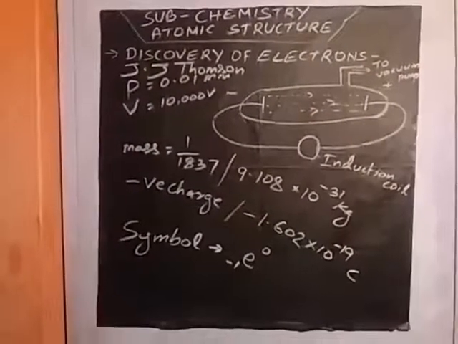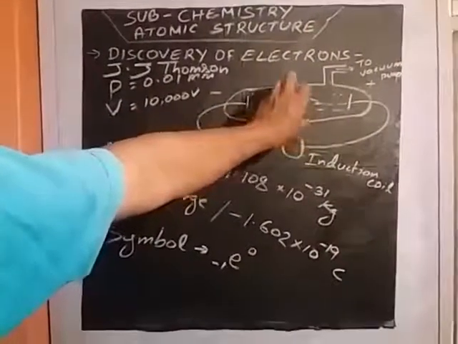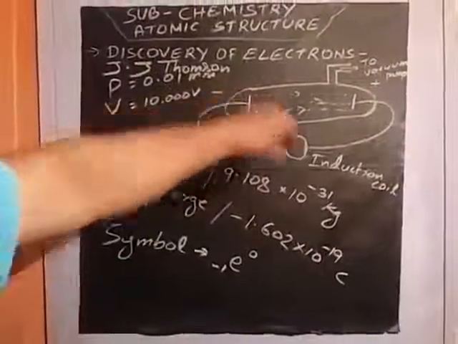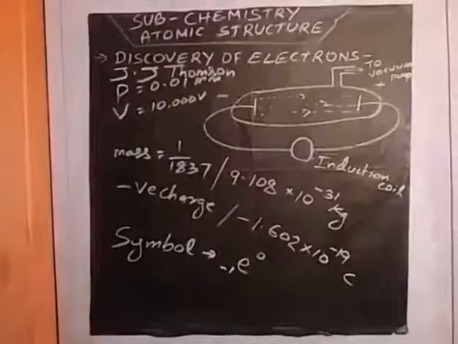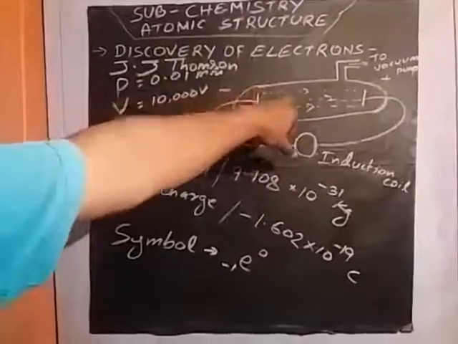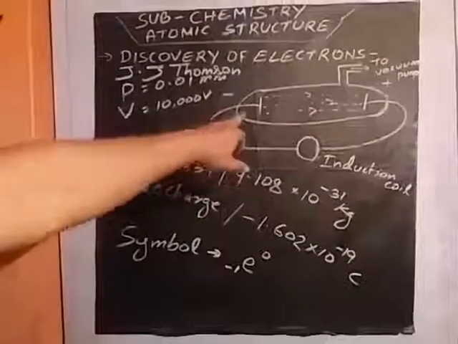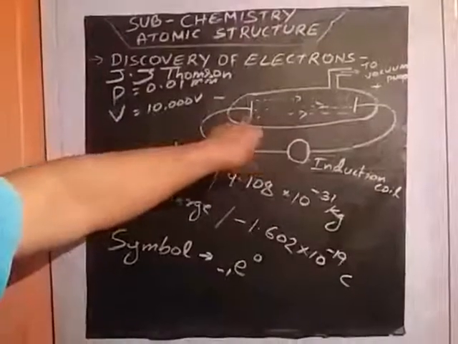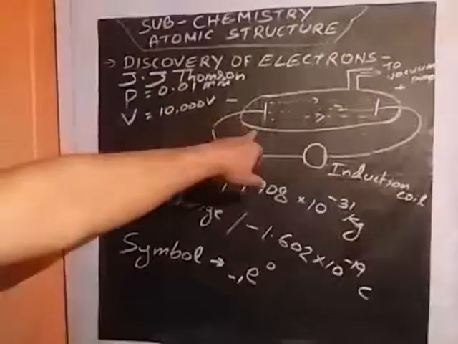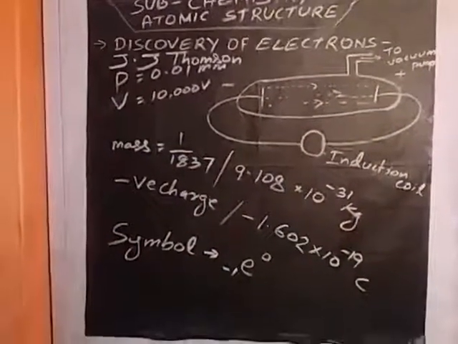When a beam of cathode rays is made to fall on a small turbine, the wheels are also rotated. That means they have some energy. They penetrate through matter and have some energy. That's why they rotate the blades of the turbine. Then cathode rays consist of negatively charged particles, which are known as electrons. These cathode rays are also known as electrons.